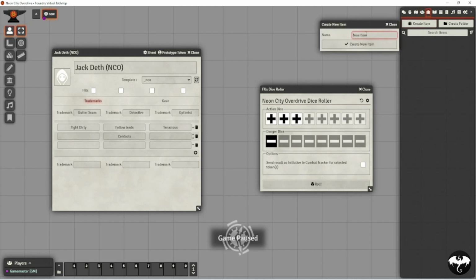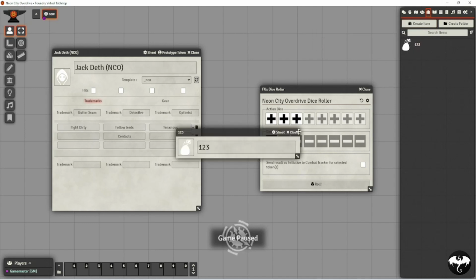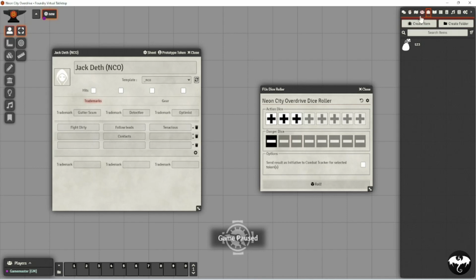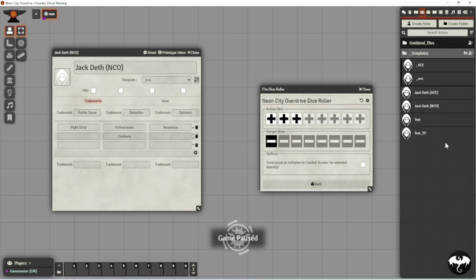If you create an item, as you can see, it's just an item, but there's no text or anything to it. So everything is just done within an actor. So you've got your 3 options there, if the GRPGA one if you need it. So plenty of options there, and I hope you find